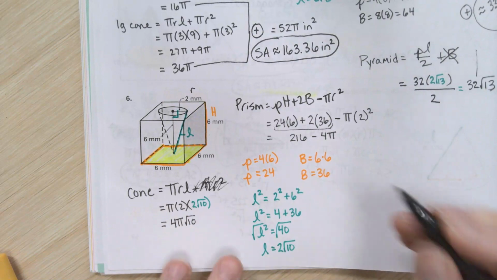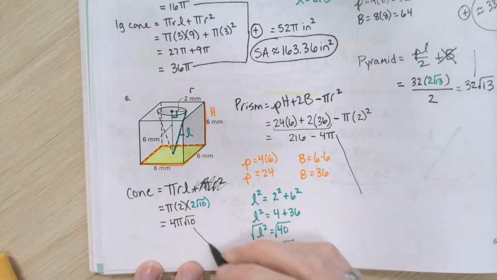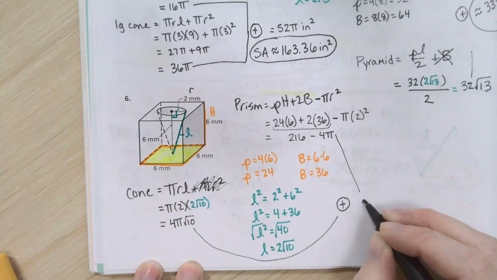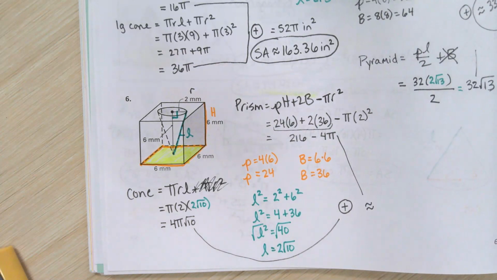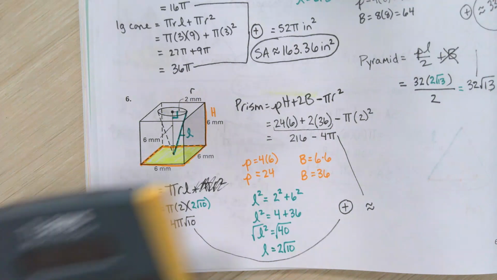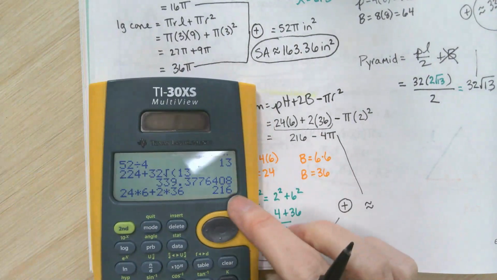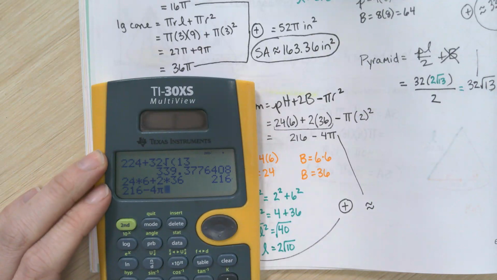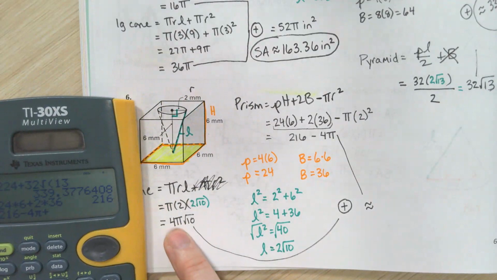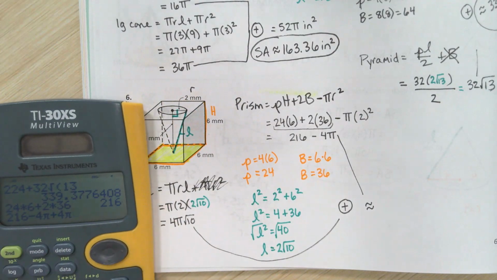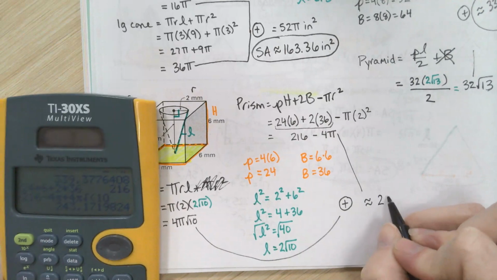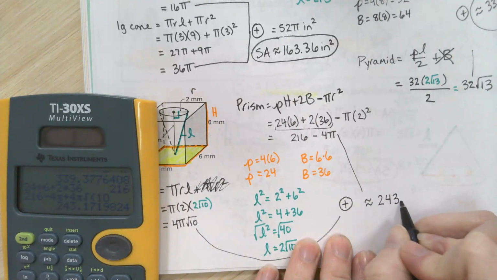Kind of ran out of space to show that, but we're going to take this, and we're going to take this, we're going to add them up, and then that should give us our rounded answer for surface area. So 216 minus the 4 pi for that opening needs to get added onto this 4 pi square root 10. So a total surface area for this composite figure of